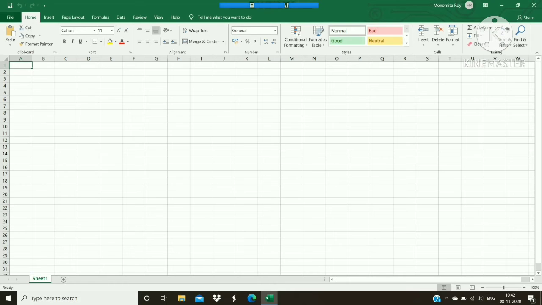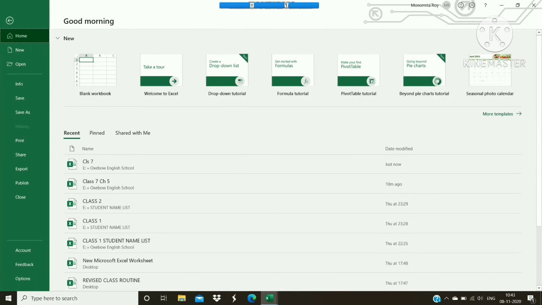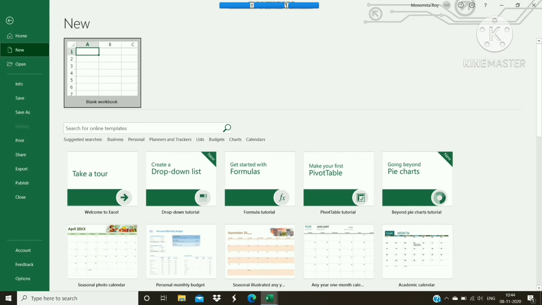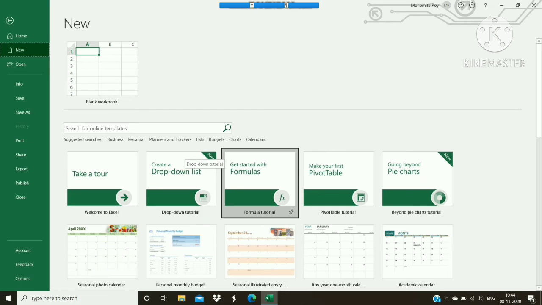Now click on the File tab to create a new workbook. You will get to see many templates, where you will click on the blank document. You can see here different types of templates you can choose to create an Excel worksheet or spreadsheet. You can also double click on the blank workbook option and you will create a new Excel workbook. Since I am using Office 2019, some MS Excel 2019 features will be a little bit different from 2010, or more or less the other operations will all be the same, okay.